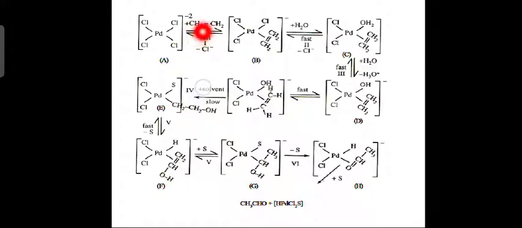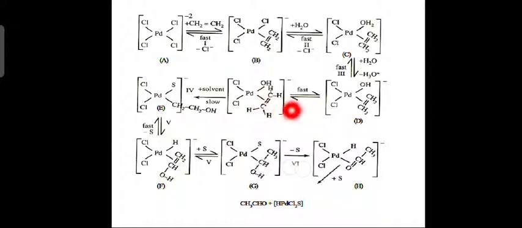You can see here the ethene molecule will come at the place of chlorine to form complex B. You can see the ethene molecule attached. In the next step, what happens? H2O molecule will add here, this bond will break, it will add here giving OH2. Next step, what happens? It will combine with the H plus giving H3O plus, and that will be removed. So you get OH minus. OH minus will be formed, and this is D.